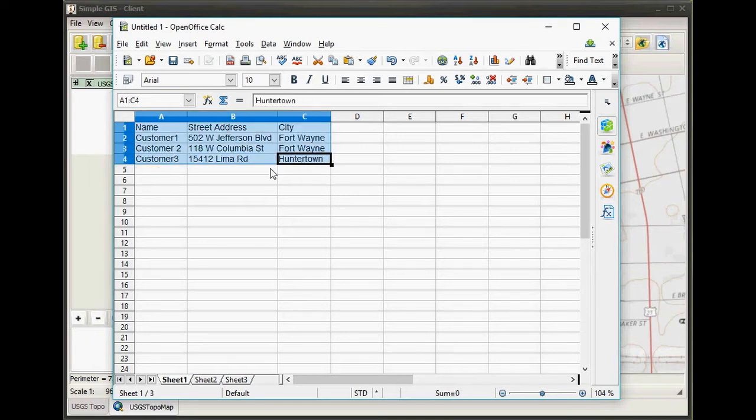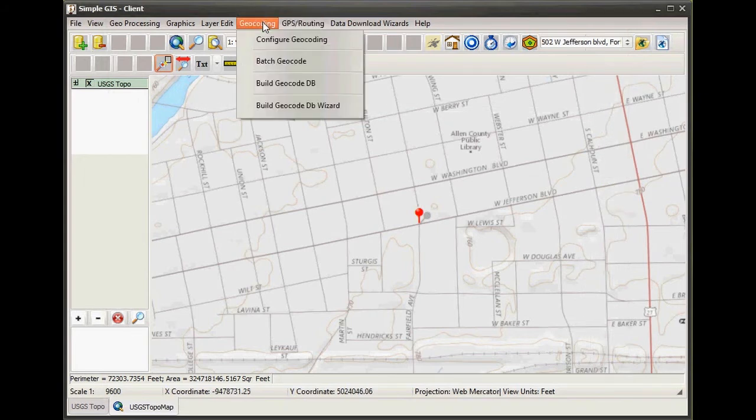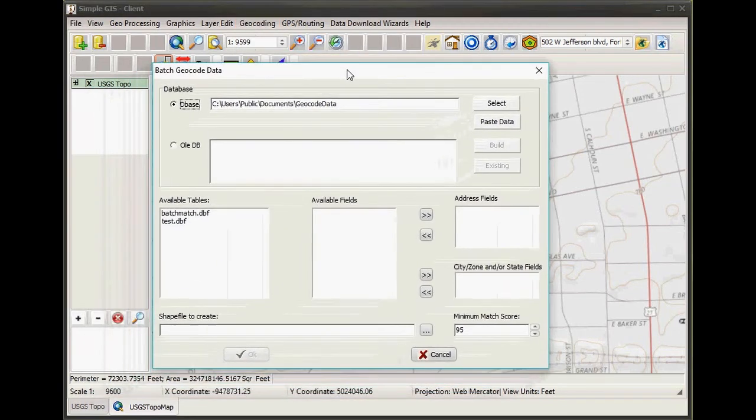And so I'm going to select all of the fields in my spreadsheet, and I'm going to copy this data to the clipboard. At this point, I'm going to go under my geocoding menu and select the batch geocode option. So in this dialog box, if I had a database table already built, I could simply connect